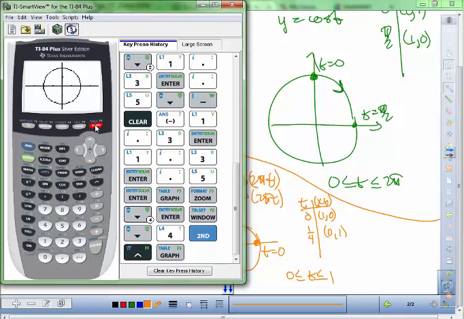And that'll be important for us in the future because sometimes we want this thing drawn once. Very rarely we might want it drawn more than once, but you have to know what your limits are for your t-values. Okay? So if I don't change my limits for t-values, right now I'm set up to go from 0 to 2 pi. And let's say I want to draw my other circle where